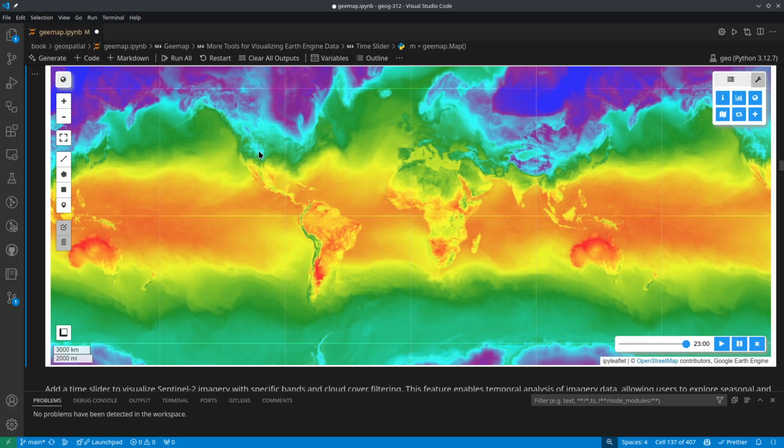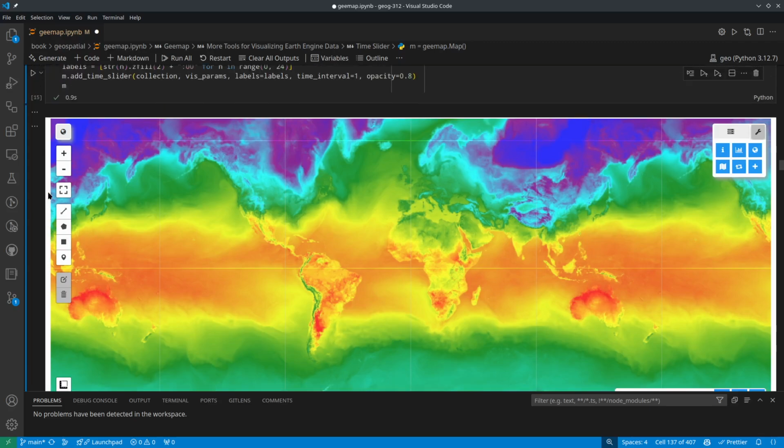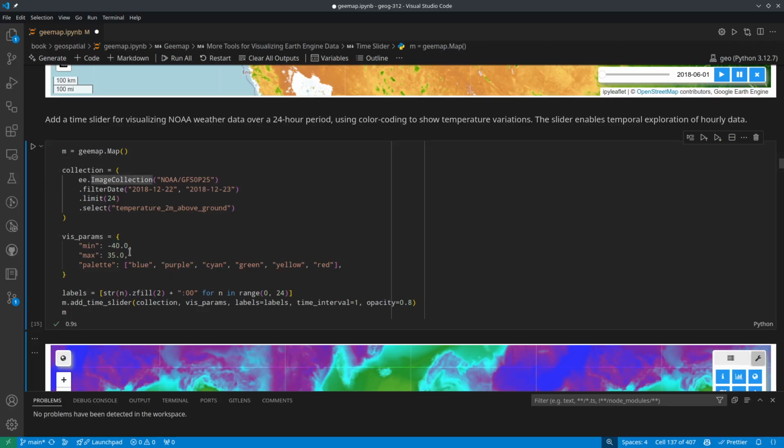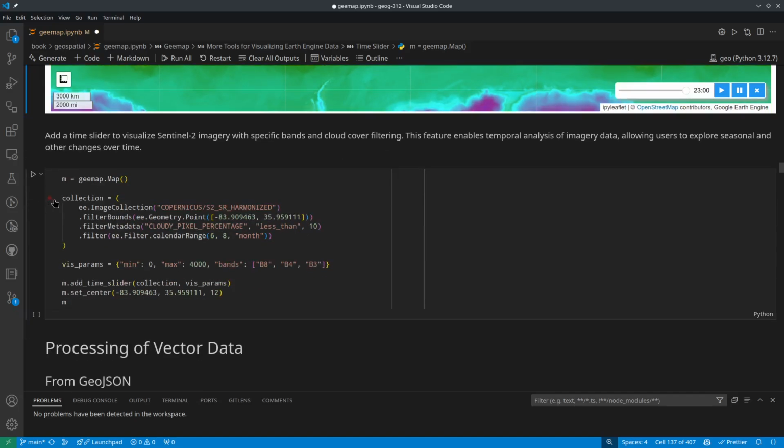So basically, you can visualize all kinds of data. If you need to visualize time series, use the time slider or use the time series inspector. All you need is to point to the image collection and how you want to visualize that, that's it. And then you can repeat the same process for the entire image collection. And the last one,